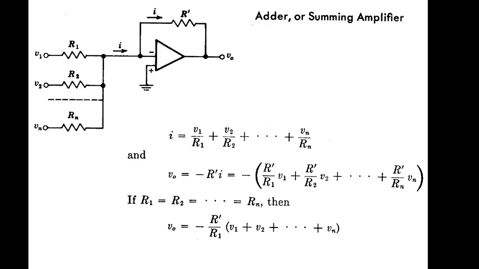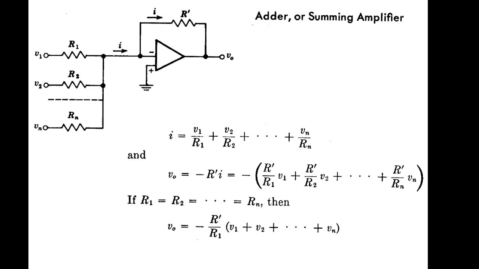we have this expression. Now if suppose R1, R2 and so on, all the input resistances are same, then your output can be expressed like this, where V out is sum of or is proportional to the sum of input